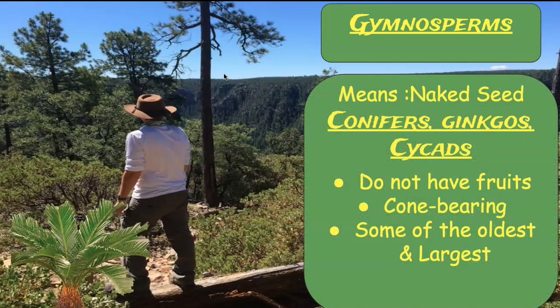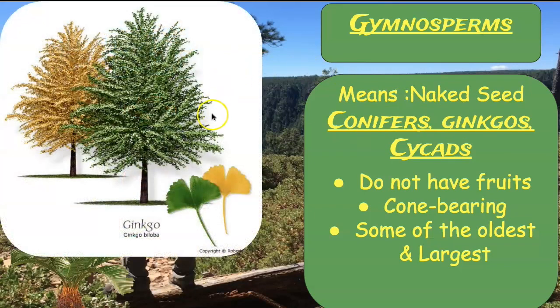The true meaning of gymnosperm, it's Latin for naked seed. All right, that's where this gymno refers to naked, and sperm refers to seed. That's what the Latin actually means. And so these are going to be things like your conifers. All right, again, remember, conifer is cone bearing. So these are things like pine trees, Christmas trees. Those would be your conifers, spruce trees, your ginkgos, which this thing right here is a ginkgo tree.